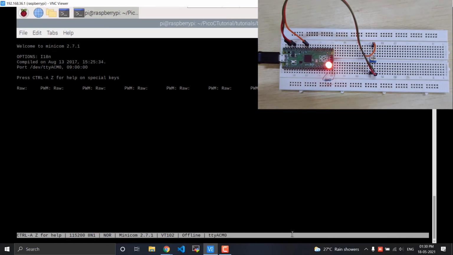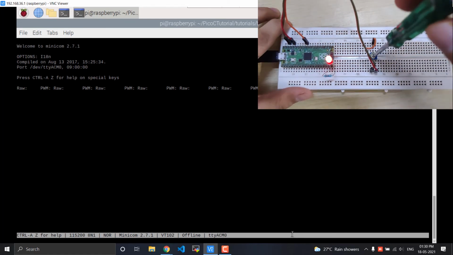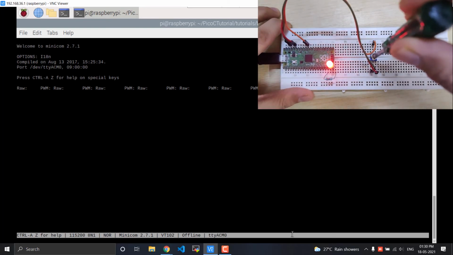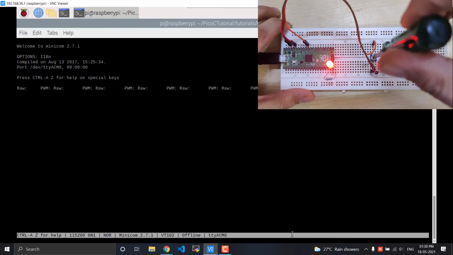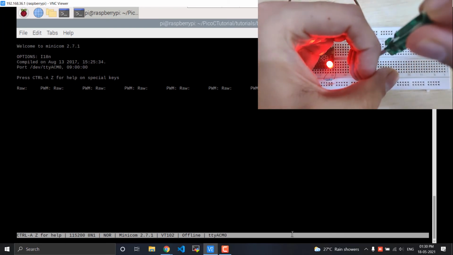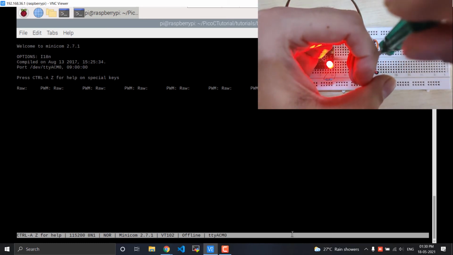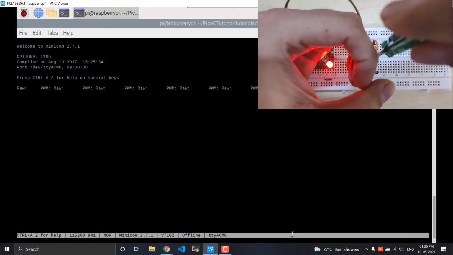We'll look at this in a second, but let us see if I turn the potentiometer, does the LED brightness change? So I'll take my screwdriver over here and turn it to the left. As you can see, the brightness has decreased slightly. And if I turn to the right, the brightness has increased. I'm not sure if this is visible on camera. Let me try to. So you can see the brightness has gone down and gone up. So I'm able to control it using the potentiometer.